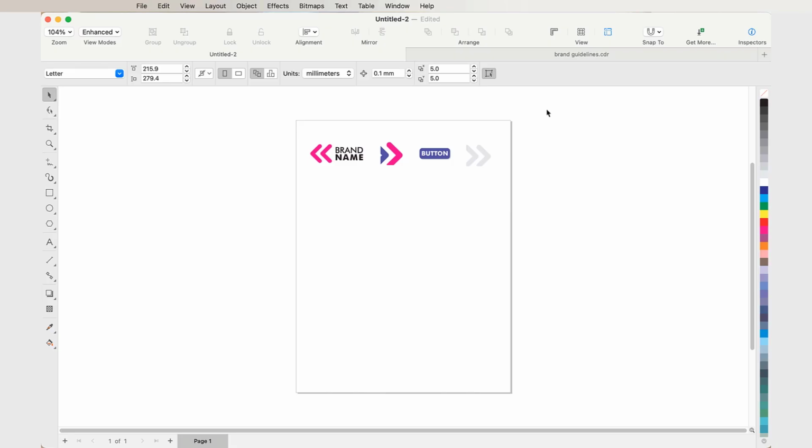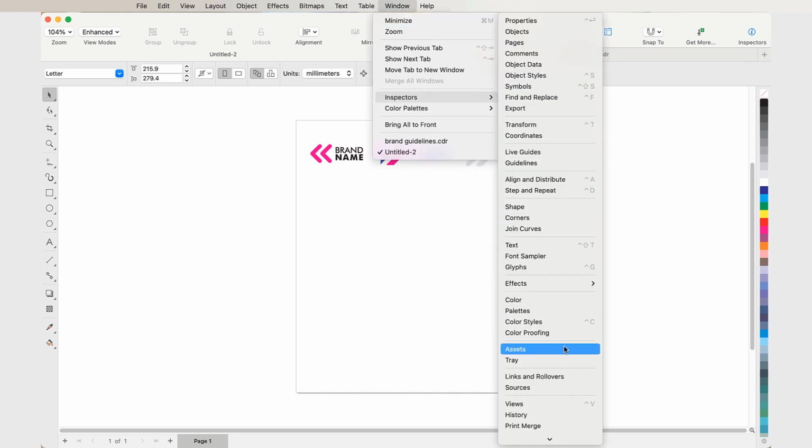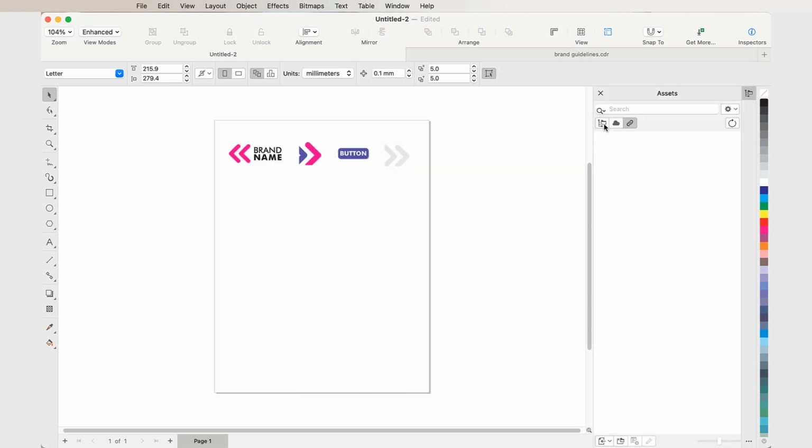In this tutorial, I'm going to demonstrate the new Assets Inspector that replaces the Connect Inspector and is available for subscription users only. Go to Windows, Inspectors, then Assets. Under the search bar, we can select Local and Network Assets, which was formerly the Connect Inspector. From here, you can browse through all the assets available by content or category. Next, we have the Cloud Assets section, and you can sign in to the cloud to download, upload, and share assets. The Cloud section contains all assets, including your own, and those that have been shared with you. And finally, we have the Linked Assets section that displays the assets you are using that have been linked to the cloud.